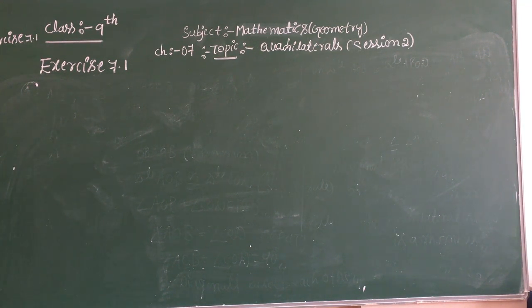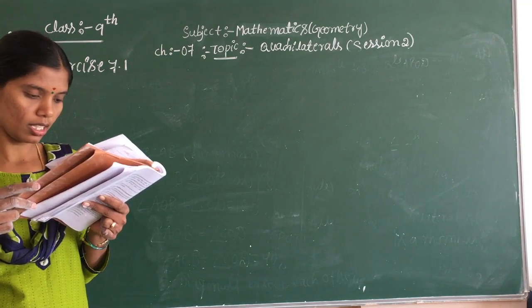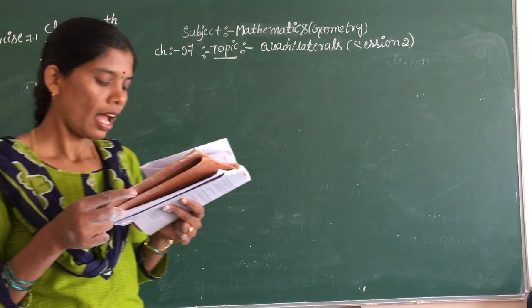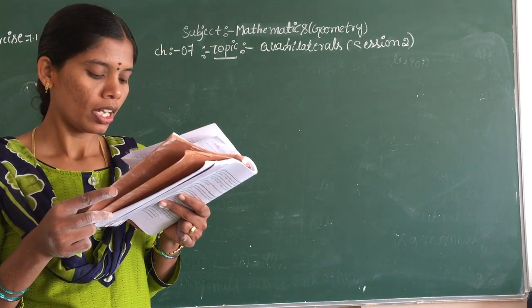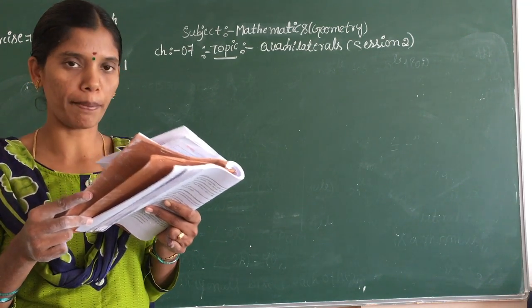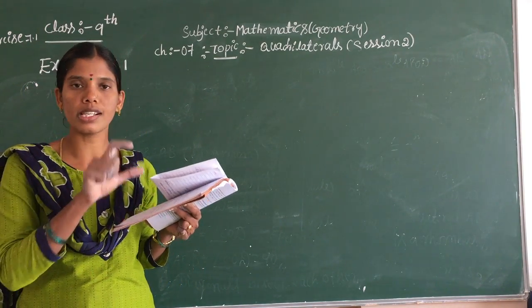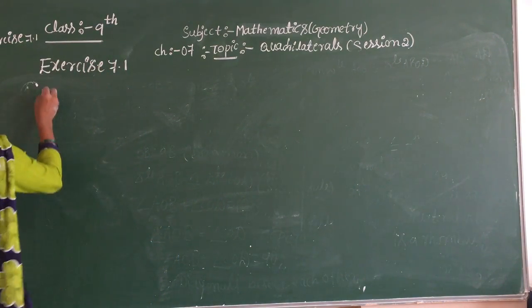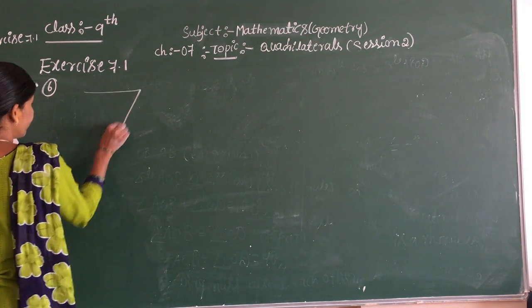Okay, let's move on. Which one, children? Sixth one. Diagonal AC of a parallelogram ABCD bisects angle A. Show that first, it bisects angle C also, and second, ABCD is a rhombus. So rhombus means what? Not only consecutive, but also opposite sides are equal. This is one of the parallelogram. Okay, so you should write that sixth problem. Do that sixth problem, the figure is already there.